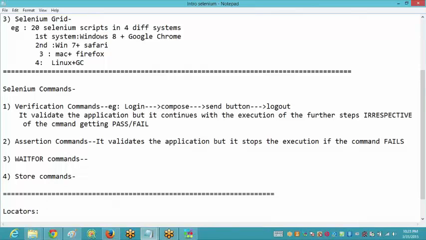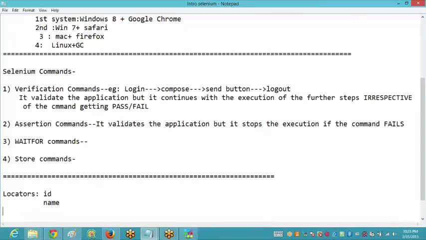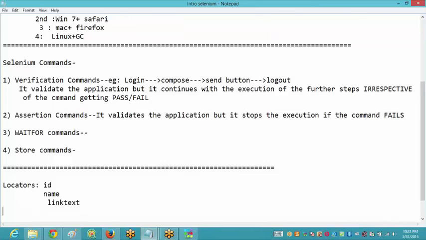So there are some locators named ID. Then there are locators named name. Then there are locators named link text. This link text is a locator which can be used only for links. You cannot use it for text boxes or check boxes or radio buttons or whatsoever. It can be used only for the links.